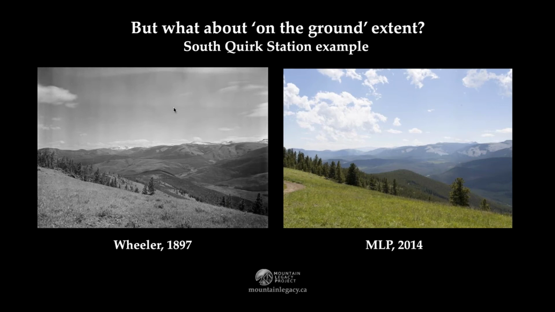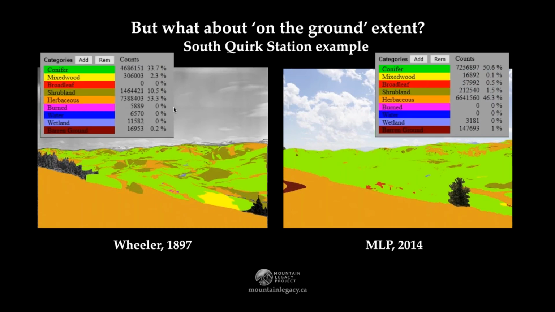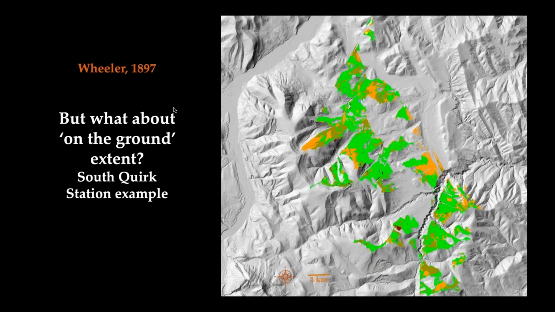So you can see, there's some change on this landscape. Here's the classification applied to it, and we've done a percentage of what's similar, what's changed, and where that's happened in the photo itself. But we're still not quite on the ground yet. So how do we get onto the ground? Well, we take what we see in that oblique image and we geo-rectify it so that it becomes an orthographic image,